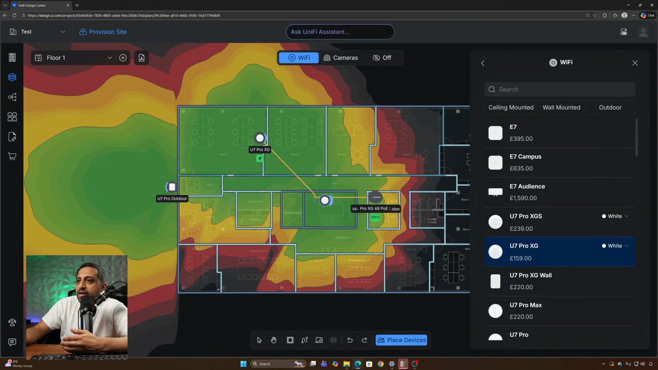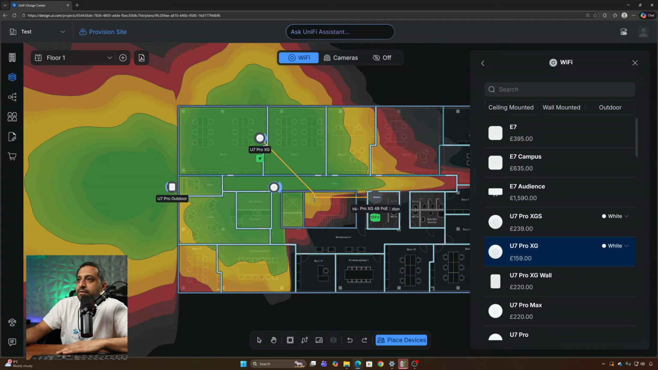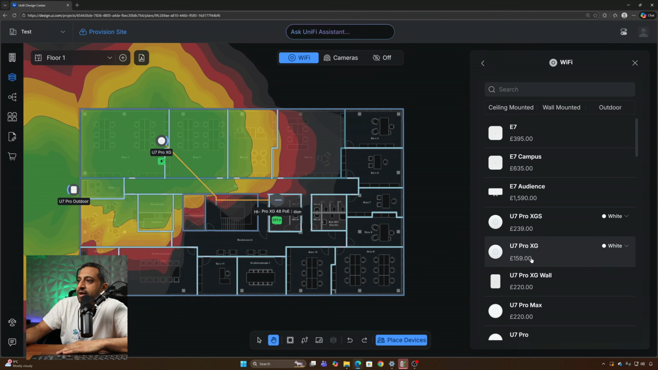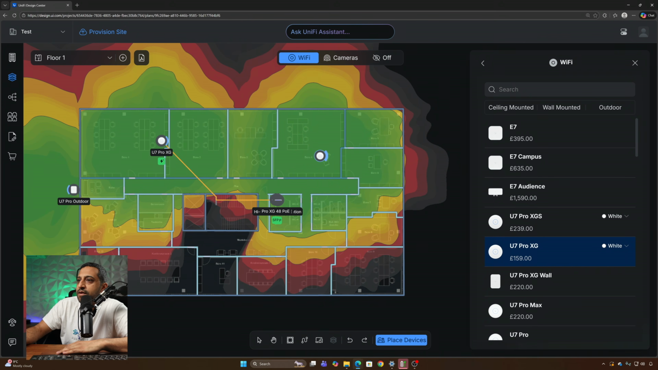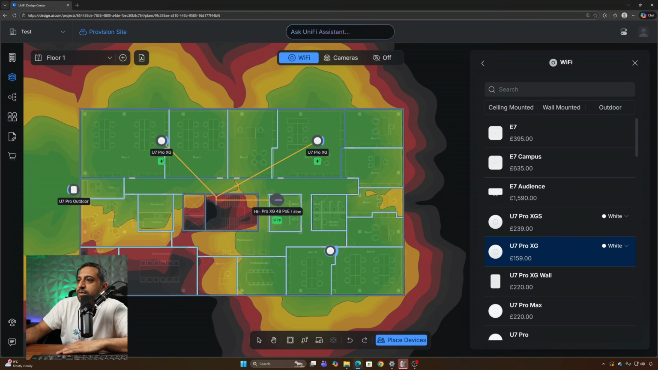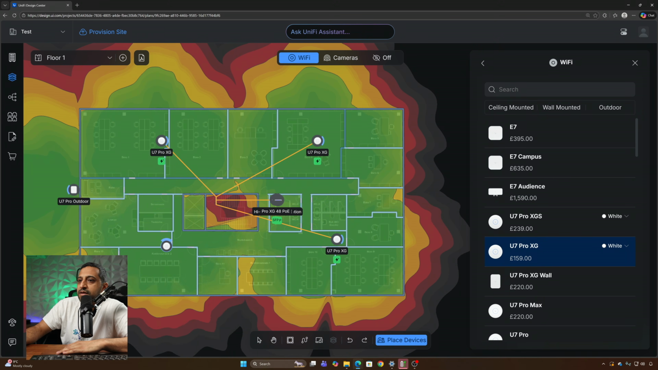Now, you'll see that it's running some cables for now, but ignore the cables for the time being. We will come to those a little bit later. So we have one here. We have another U7 Pro XG on this side, for example. Pop that along there. We have another one along this side, maybe somewhere here, and we'll place another one maybe